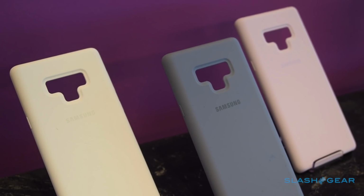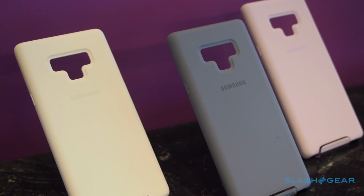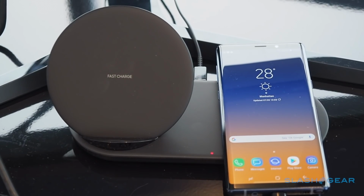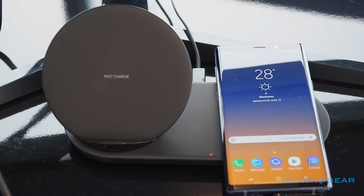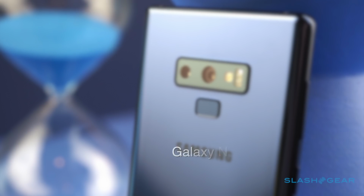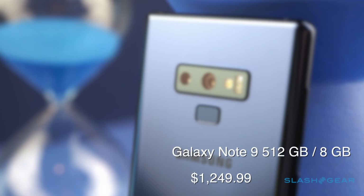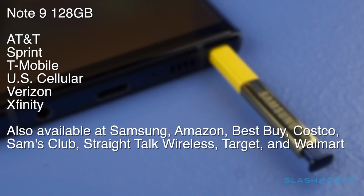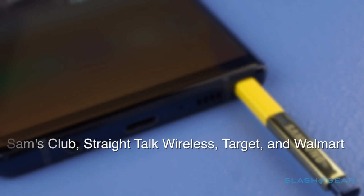It'll be available to pre-order from August 10th and start shipping on August 24th. Samsung will also have a fast wireless duo charger accessory, which can simultaneously recharge the phone and a smartwatch. What it won't be is cheap. The 128GB Note 9 will be $999.99, while the 512GB version will be a whopping $1,249.99. All of the major US carriers will offer at least the cheaper handset, and Samsung will sweeten the deal